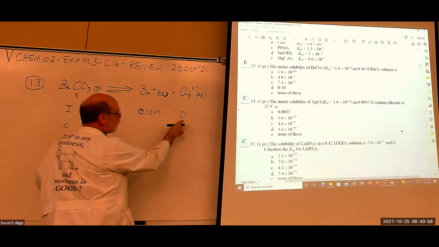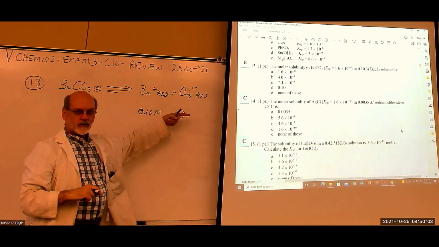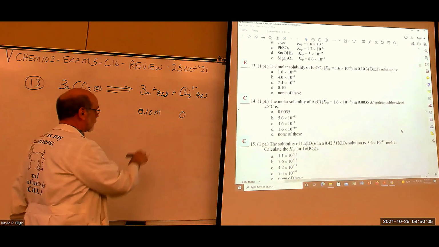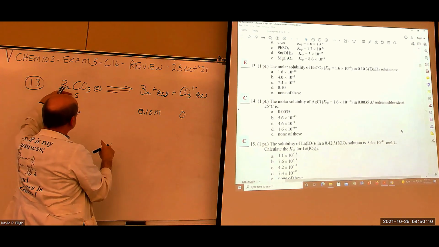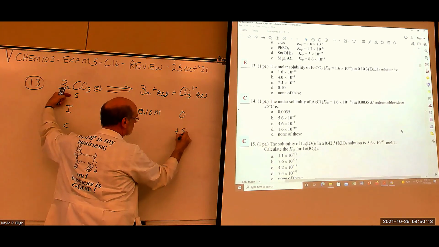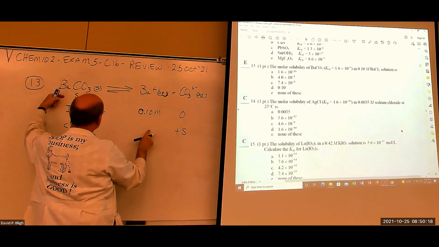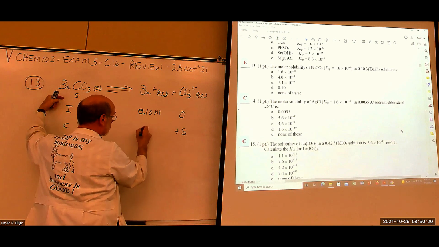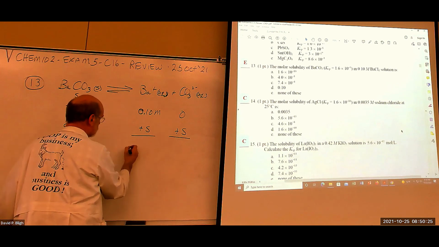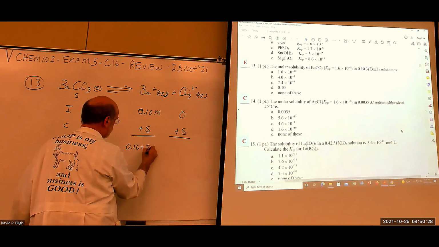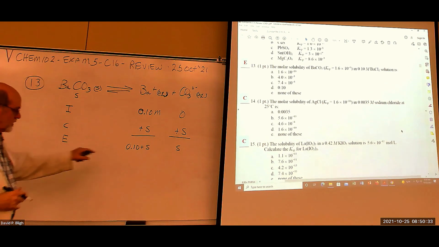Since there are no carbonates, which way is this one going to move, according to Le Chatelier? That way. So we're going to produce some carbonate, and for however much this goes into solution, we get one of those carbonates, 1 to 1. We also get, if one of these goes in, we get one of these. So now we can write the equilibrium, which is 0.1 plus S, and this is S. So that's where you start your equilibrium expression,